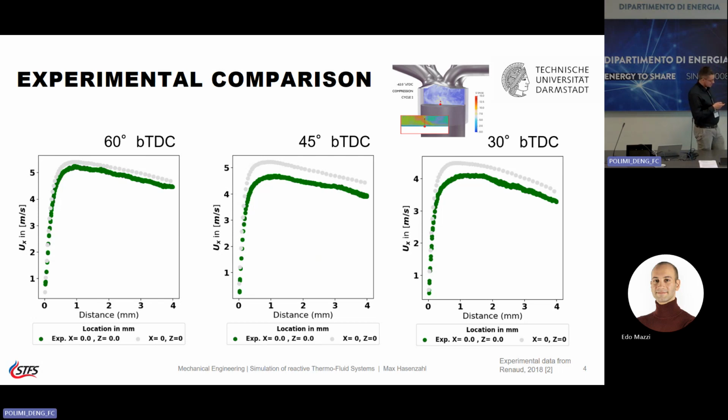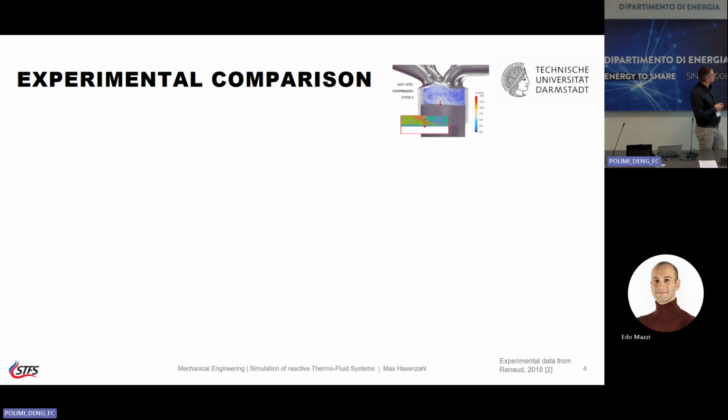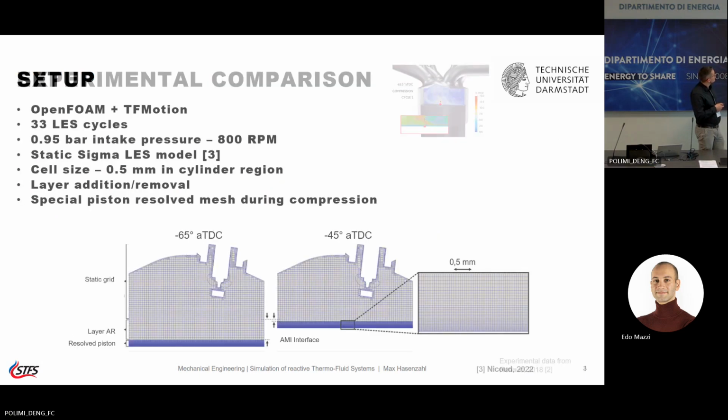We also see a little bit of an overprediction in the LES. Generally, we see a trend that the maximum velocity sort of trends down. Notice here that the scale is a little bit different, and we capture this trend quite well in the LES. And if we now go one step further,